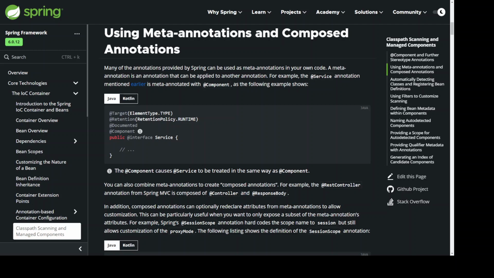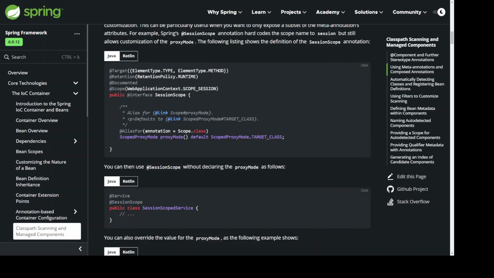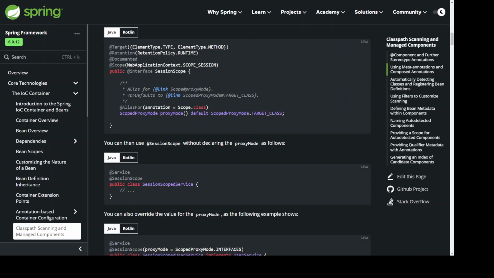@Target({ElementType.TYPE, ElementType.METHOD}) @Retention(RetentionPolicy.RUNTIME) @Documented @Scope(WebApplicationContext.SCOPE_SESSION) public @interface SessionScope { /** Alias for {@link Scope#proxyMode}. Defaults to {@link ScopedProxyMode#TARGET_CLASS}. */ @AliasFor(annotation = Scope.class) ScopedProxyMode proxyMode() default ScopedProxyMode.TARGET_CLASS; }